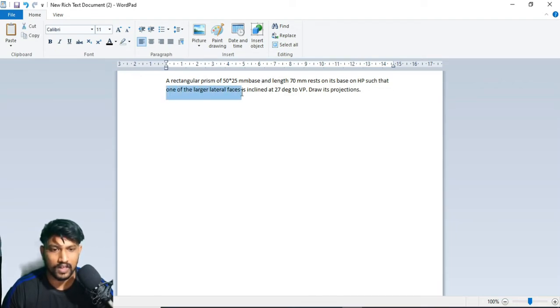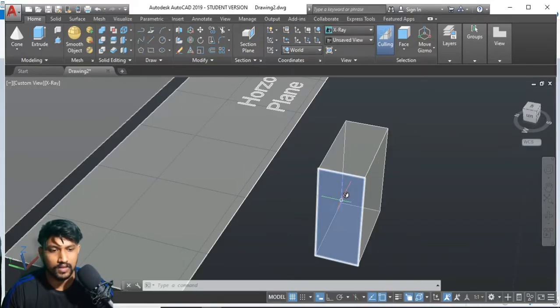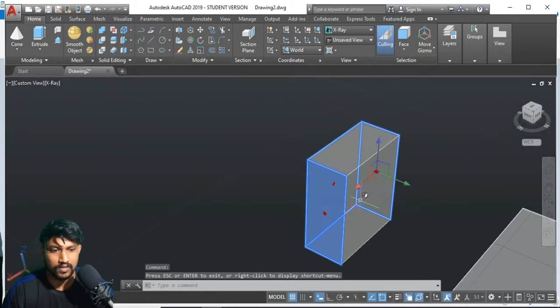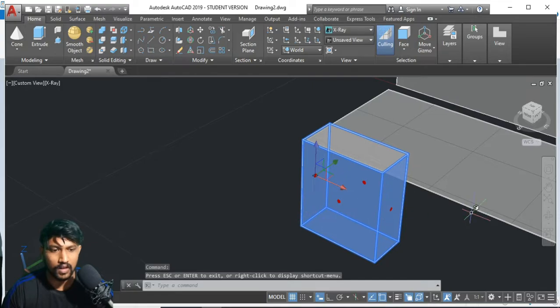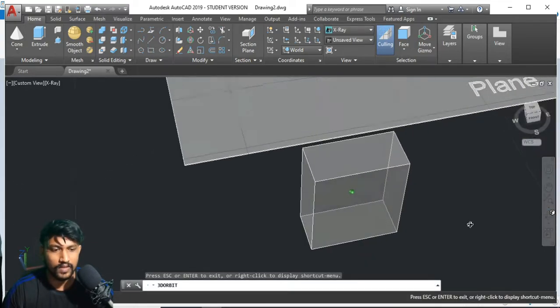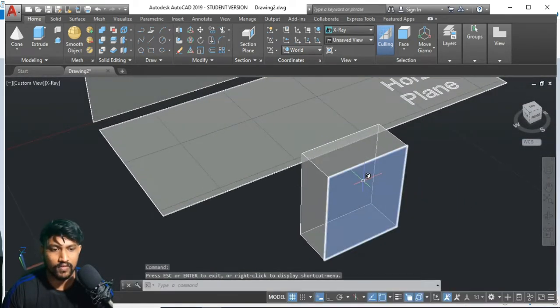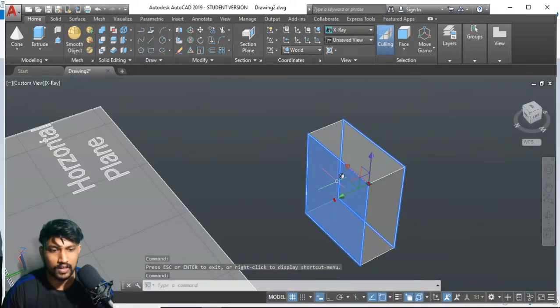One of the larger lateral faces: these faces are known as the lateral faces. All four faces that I've marked are known as lateral faces. So there are two different larger lateral faces, this one and this one.